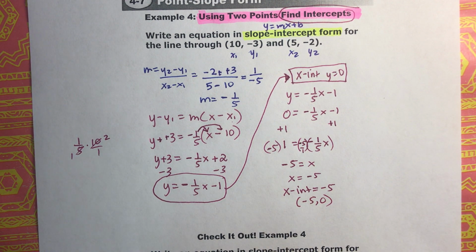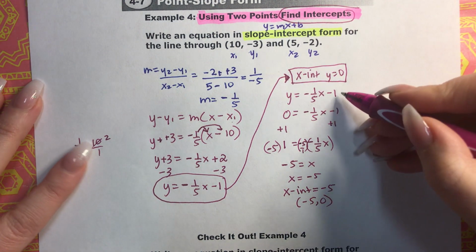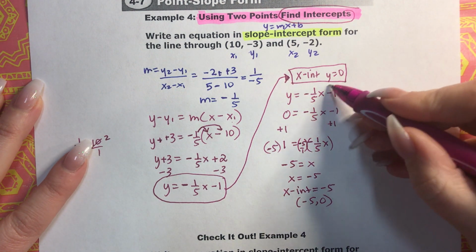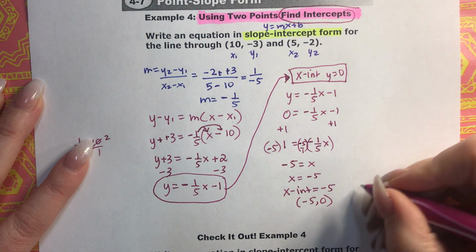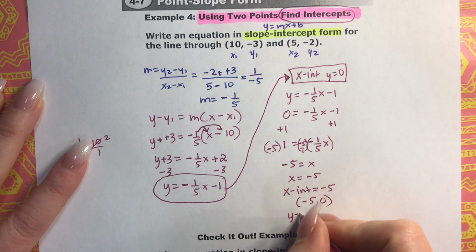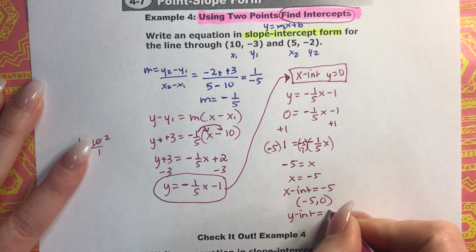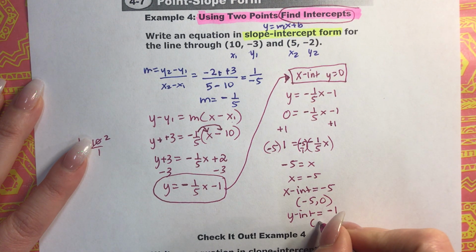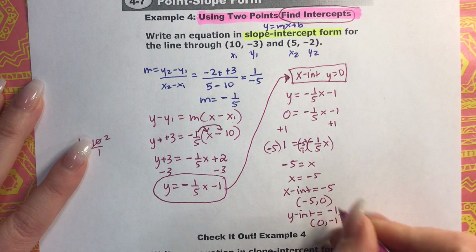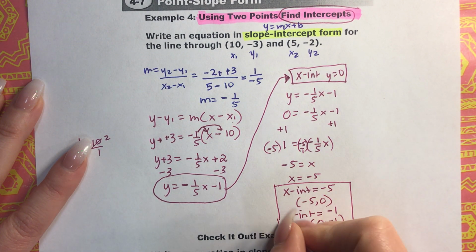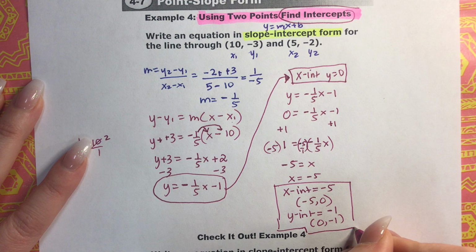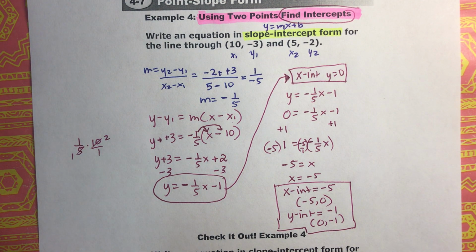Perfect, perfect. And what is my y-intercept? Well, I know that this is in slope-intercept form, so my y-intercept is -1. So my y-intercept is equal to -1, and that is the point (0, -1). So there is the x-intercept and the y-intercept, and I was able to figure all of that out just given